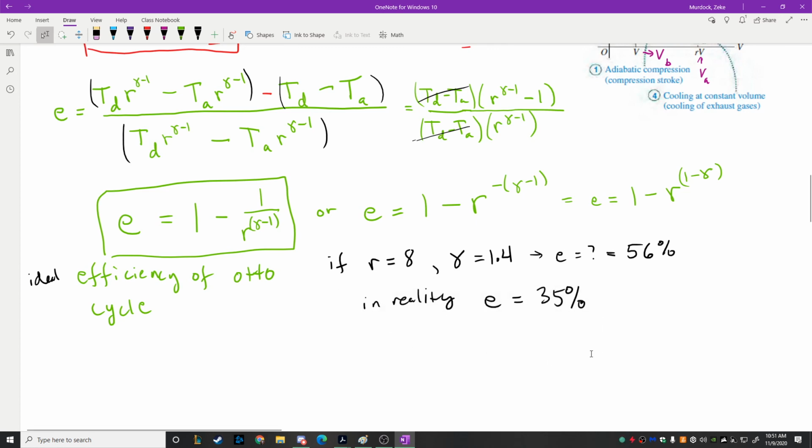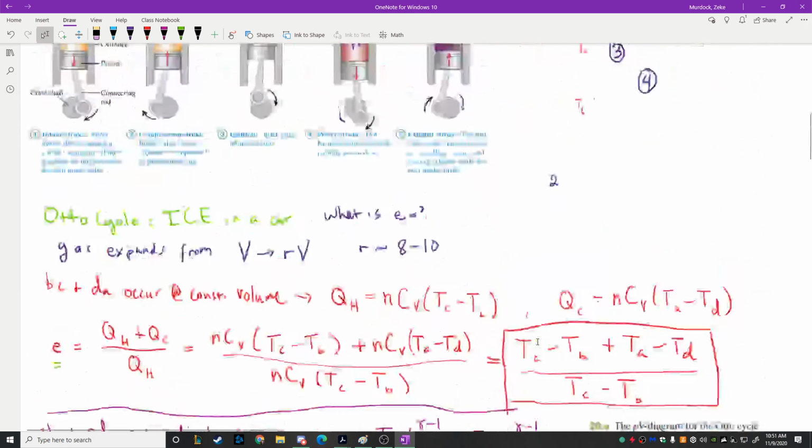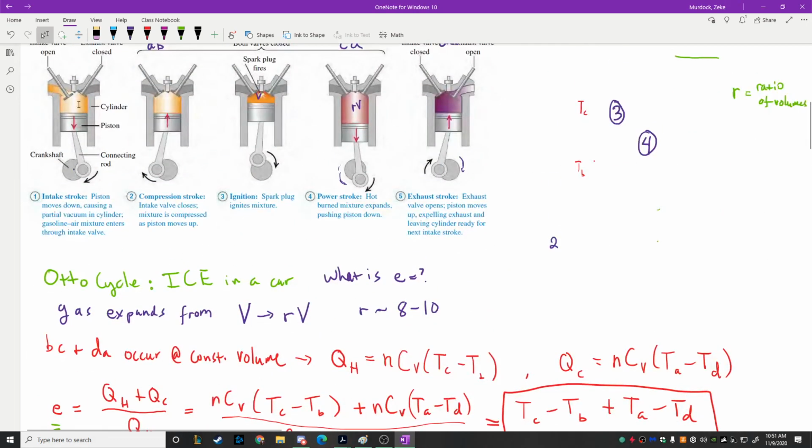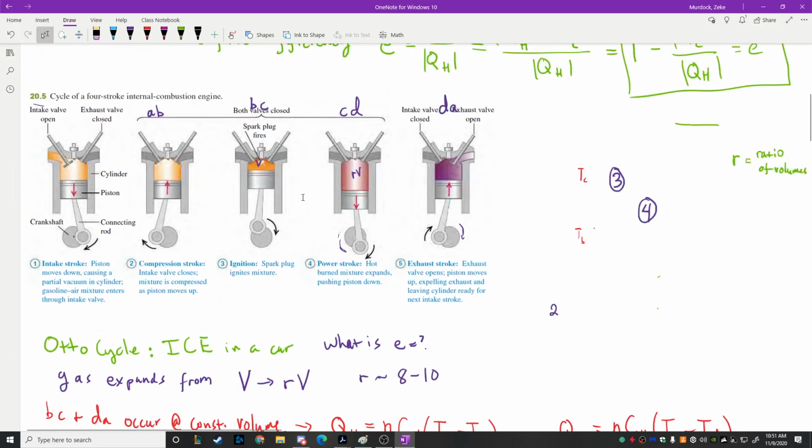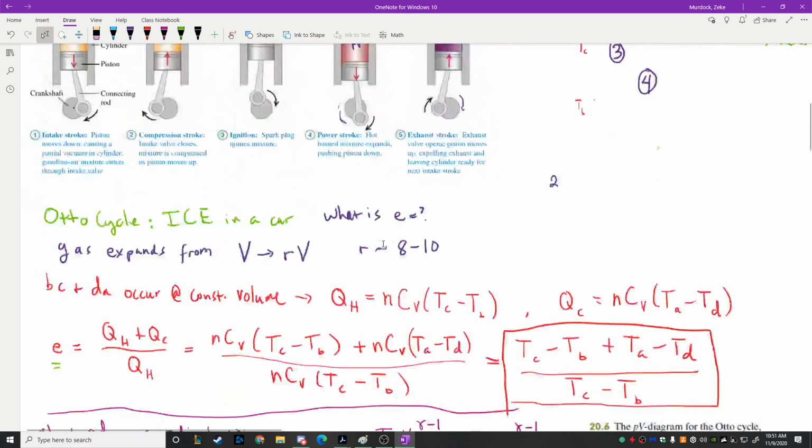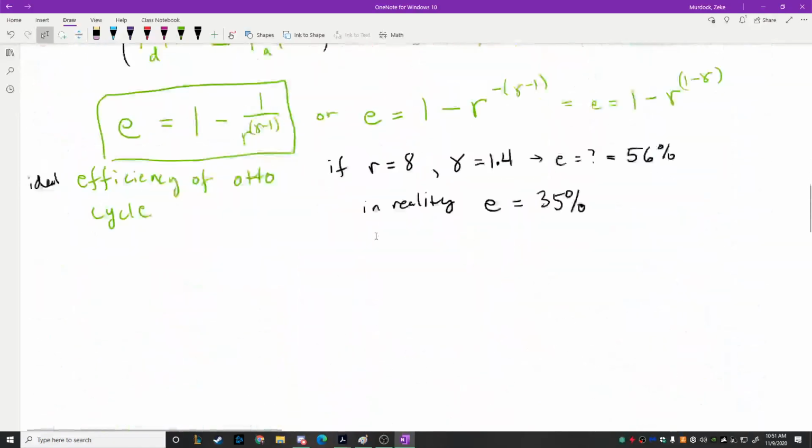All right, so that is an example of a heat engine. A heat engine that has as its working substance gas and air, and it has the effect of burning the fuel and then using the burning of the fuel to expand a piston, and then the expansion of that piston does work. And the amount of work that it's able to do is dependent upon,